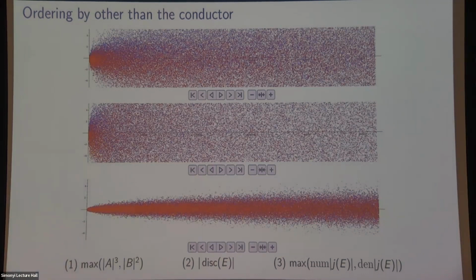You could also ask about Faltings height. I don't actually know how to order elliptic curves by Faltings height. If somebody does know how to do that, I'd love to know. Can you give me an effective algorithm for enumerating the elliptic curves of, say, Faltings height up to 2? I don't know of anyone who has an algorithm to do that, even though we have theorems that tell us the Faltings height is bounded by the naive height, but that doesn't give you a very good algorithm unless your bounds are really tight, and they're not. They're way too big to make that a practical algorithm.